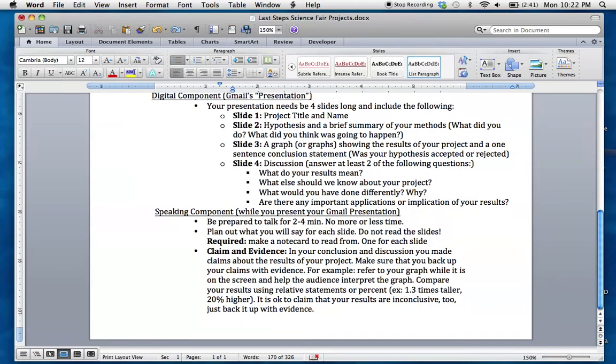So you can go ahead and work on that today. You will also have a speaking component when you're presenting. So you have to be prepared to talk for 2 to 4 minutes, no more or less time. You have to make a note card to read from. I don't want anybody reading from a big piece of paper. It's very distracting. Your main focus is to get that information across to the audience. So you need to have focus on your eye contact, your clear speech, your loudness. So you need to be prepared and know what you're going to say, but you can have a note card